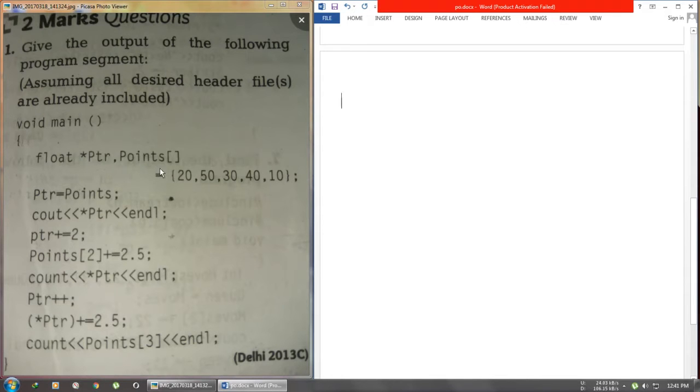Then we have an array whose name is points. So I'll write the value here on the rough side. Then what is happening here is we are assigning a value to the pointer. So now the value will be points. Now what is happening here is we are assigning the address of the first variable